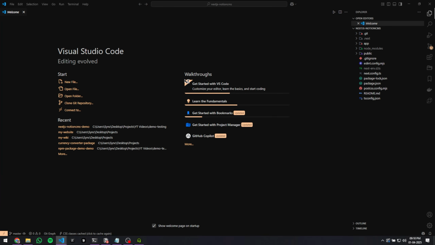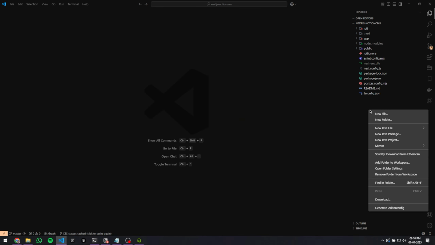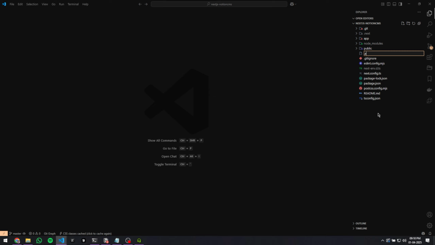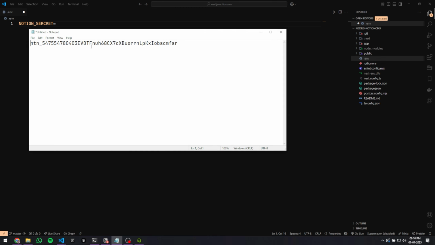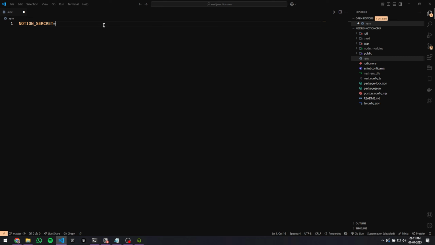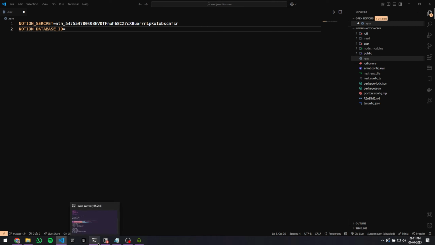Okay, yeah. So now let's create the environment variables first, a .env file, and then right here let's paste our Notion secret. So NOTION_SECRET equals the Notion secret from our integration. Copy and paste. And the next thing we need for our environment variables is the Notion database ID